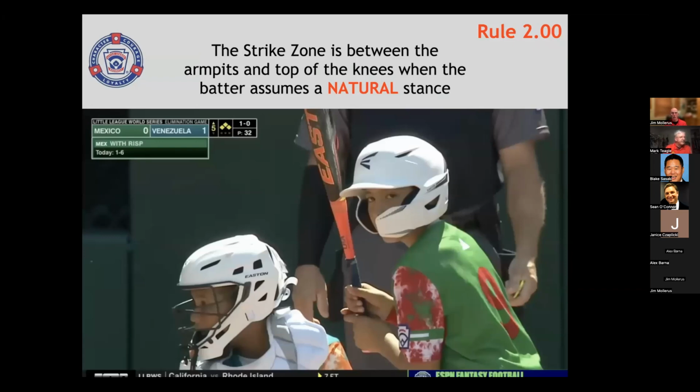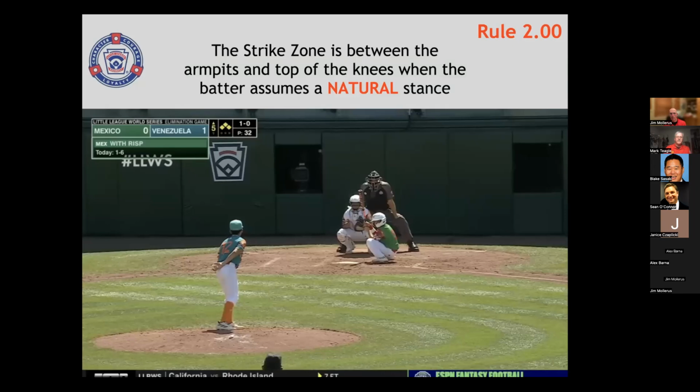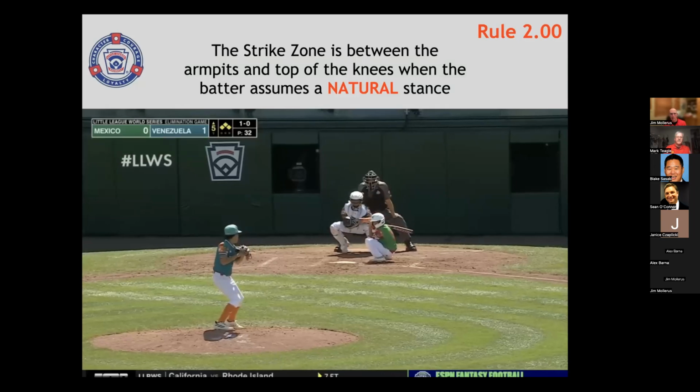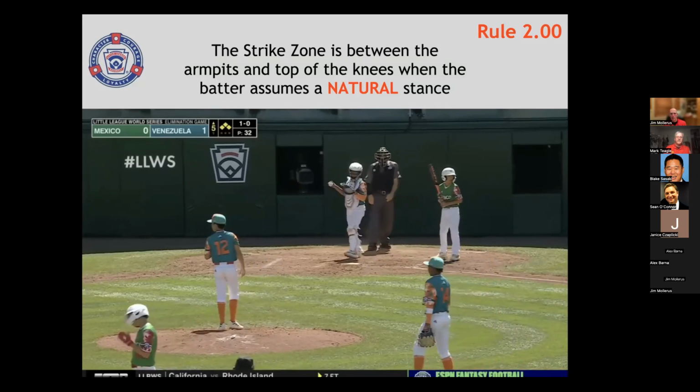The one thing about the strike zone is that it is between the armpits and the top of the knees when a batter assumes a natural stance, and that's what they would be in, a natural batting position. Let's watch this guy. Popped into the first baseman, and now he is sitting down, and that's a strike regardless